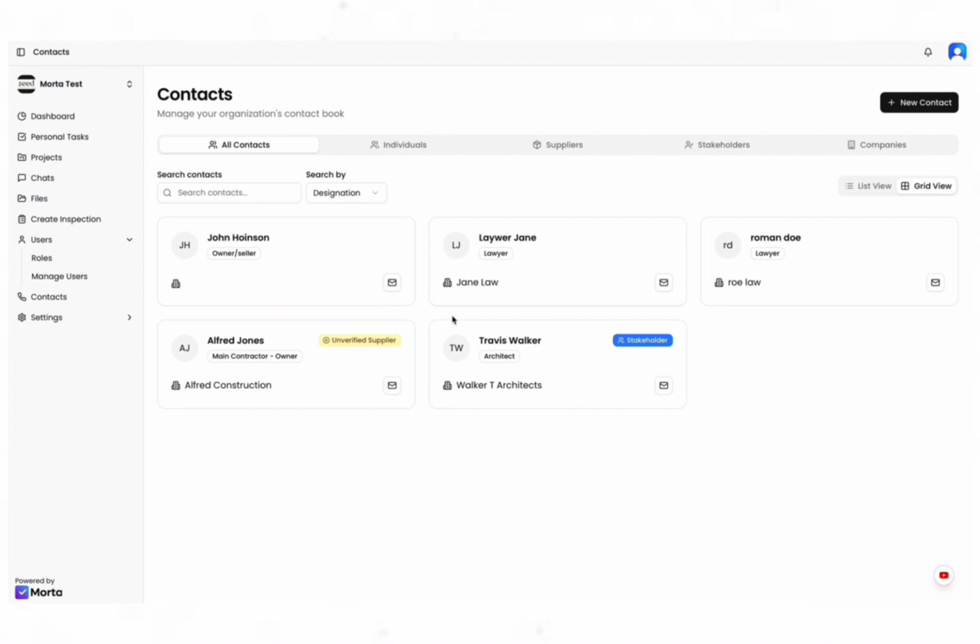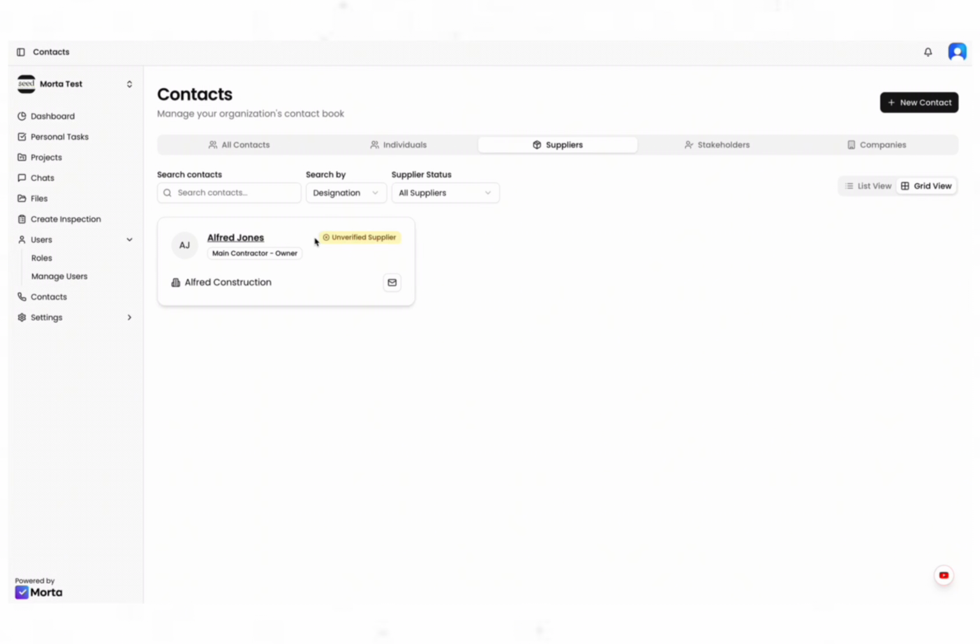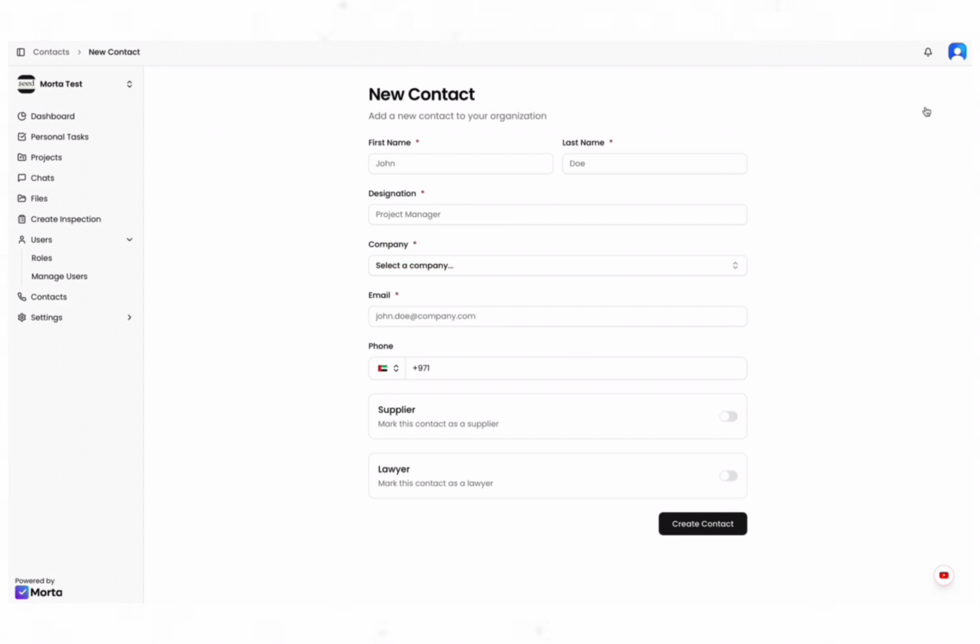This is like your personal phone book for your organisation. So you've got all your contacts here, but you can look at individuals, you can look at suppliers. So this is your suppliers section, which will be your main area for managing your supply chain. So I'm going to add a new supplier, and I'm going to go through how that works and how they